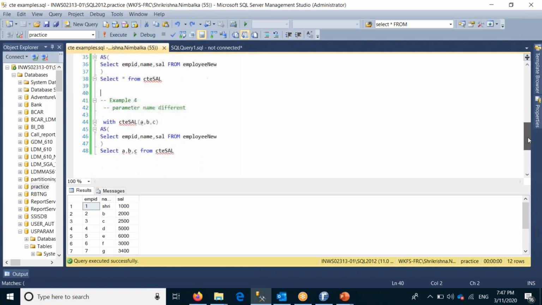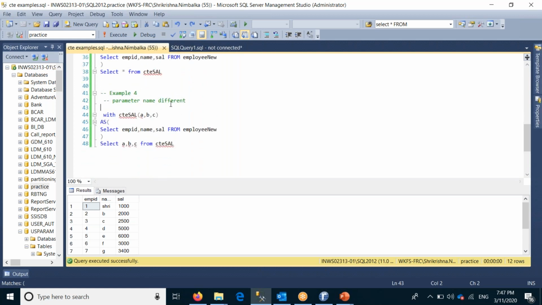So we'll move to the fourth example, wherein I declare a CTE with parameters of three column names. These parameters are called parameter A, parameter B, and parameter C. And I fire a query on the employee table wherein I selected three columns. Okay, but when I fire a select query on the CTE, I use those columns which are mentioned in the parameters.